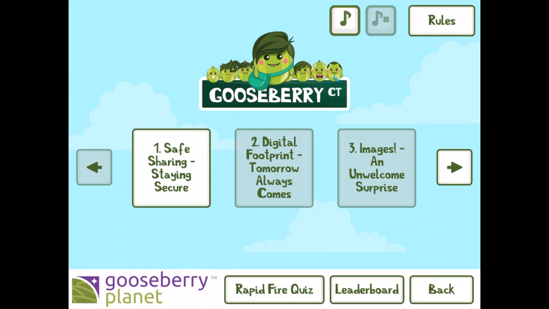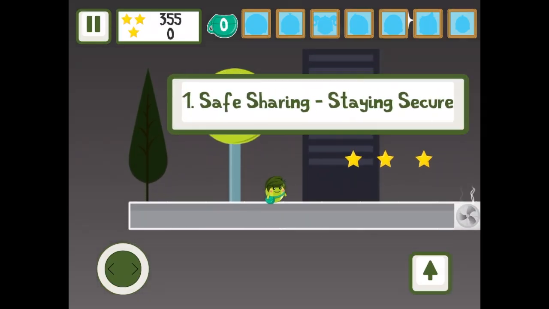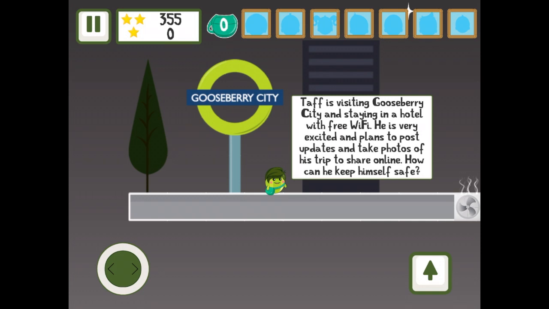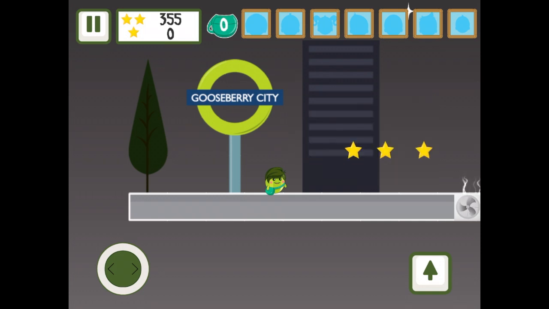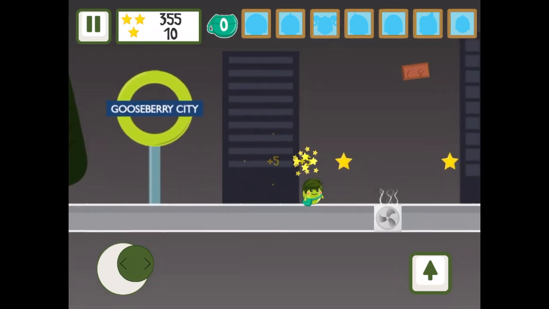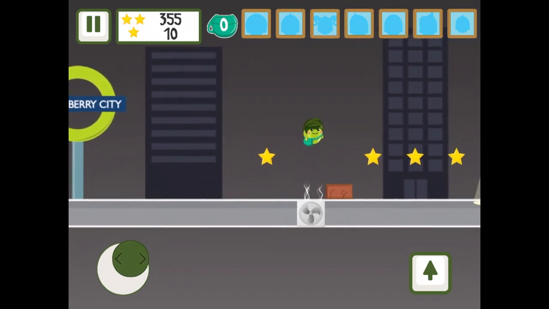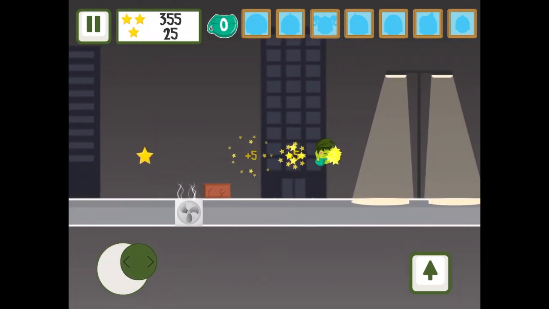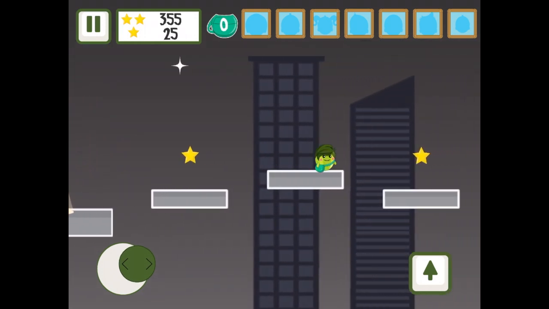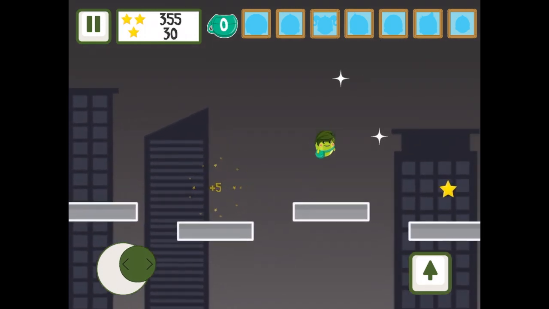Back at the main menu, the children will see the different lessons that they've had in school, and they can click on those and then play a game with the character Taff. There will be a scenario given about Taff, and during the course of the game, the children can just have fun for some parts of it, but eventually, after they've moved through trying to collect as many stars as they can, they will be asked 3 different questions.